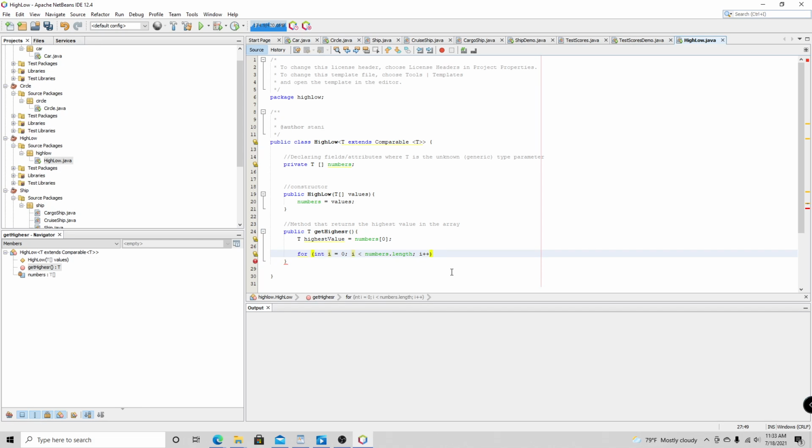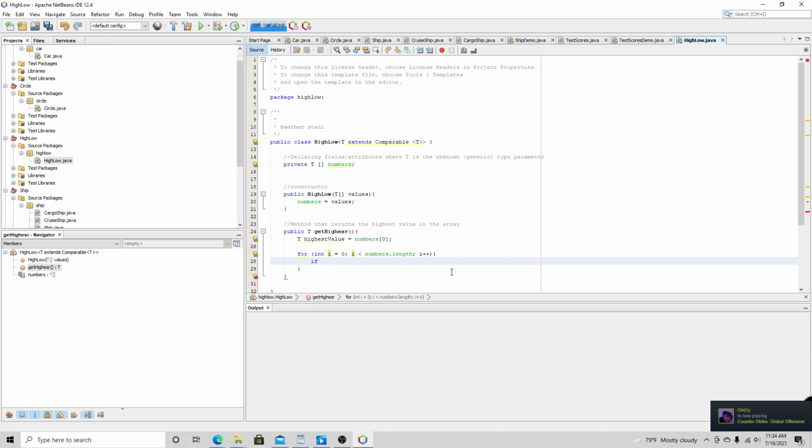So we're going to think here, and basically what we have to do is say that if an element of numbers at a certain index compared to highest value is greater than 0, then we got our highest value. So how do we say that? When we use comparable, there's a method called compareTo. So how do we use this? We say if in our array, which is numbers,